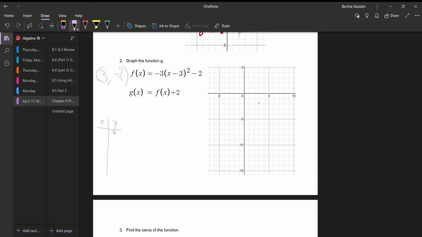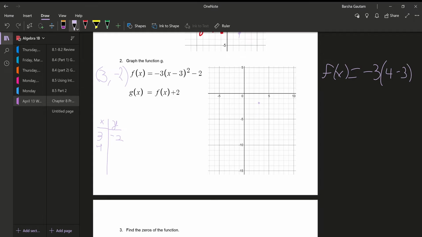So I'm going to plug in the points that we already have so far, 3 and -2. I'm going to plug in 4 now. So if we plug in 4, f of x is equal to -3, 4